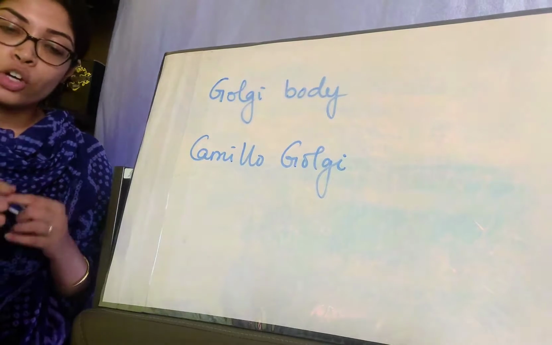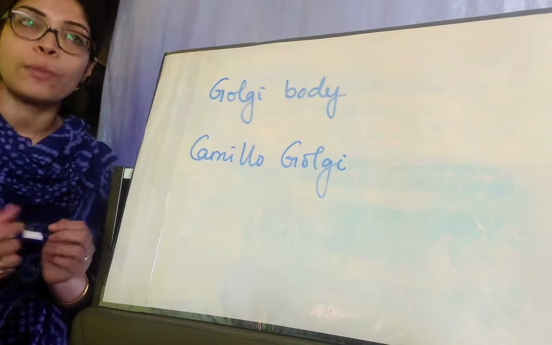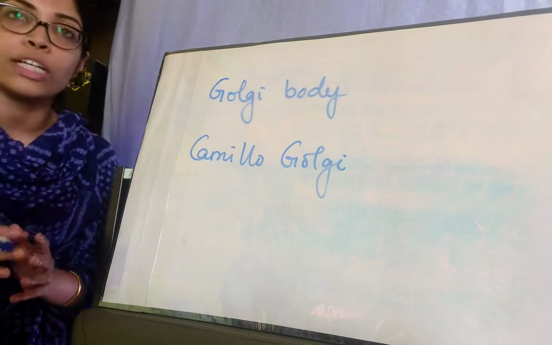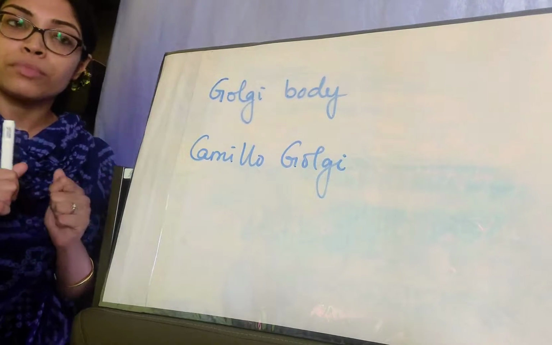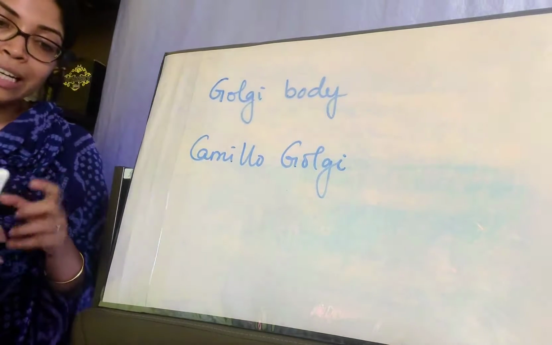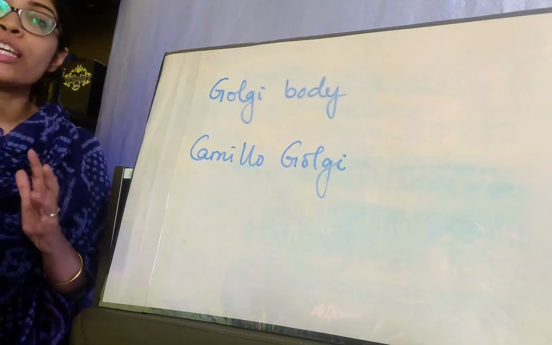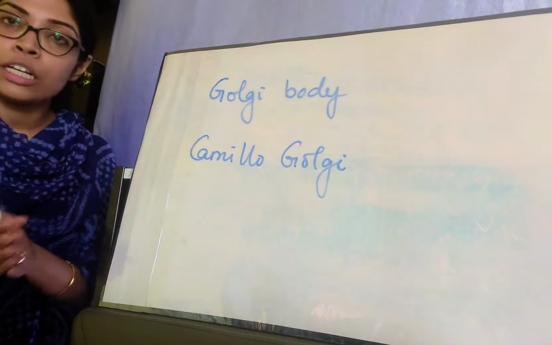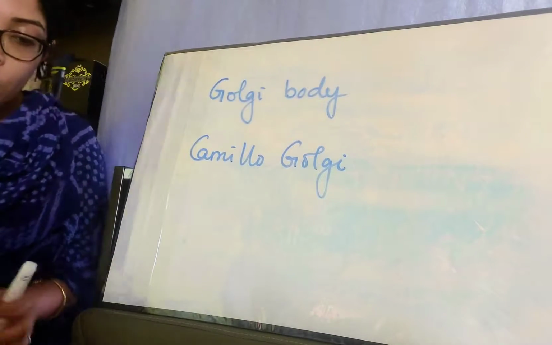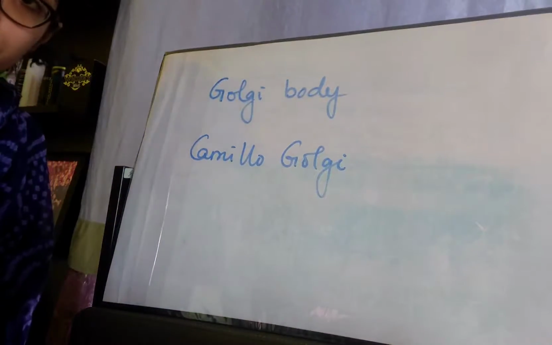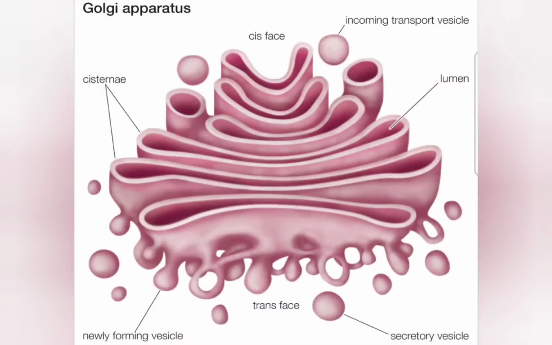First let's talk about the ultrastructure of Golgi body, and before that you already got to know that Golgi body is single membrane bound and it has flattened sac-like structures which are located very near the nucleus. Okay, so let's move on to the ultrastructure. So students, this is the picture of the ultrastructure of Golgi body or Golgi apparatus or Golgi complex, whatever name you can call it with.